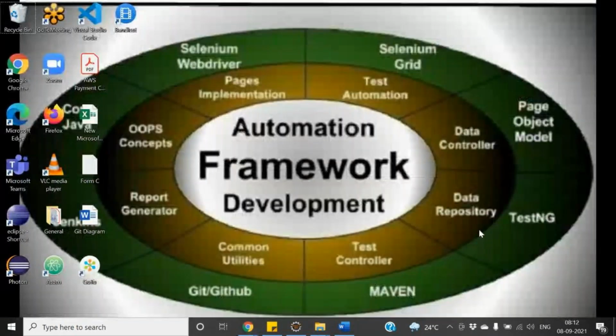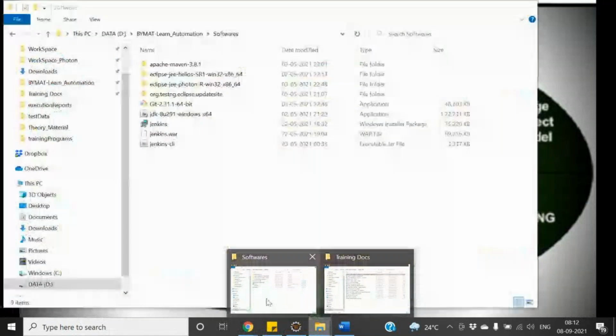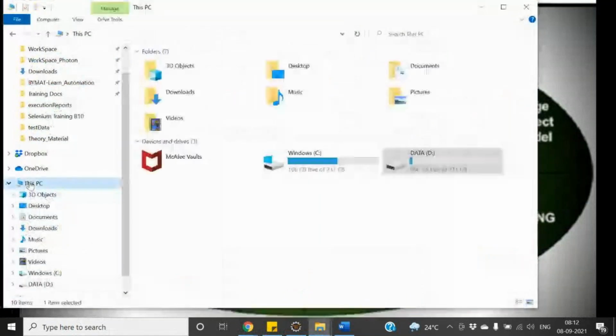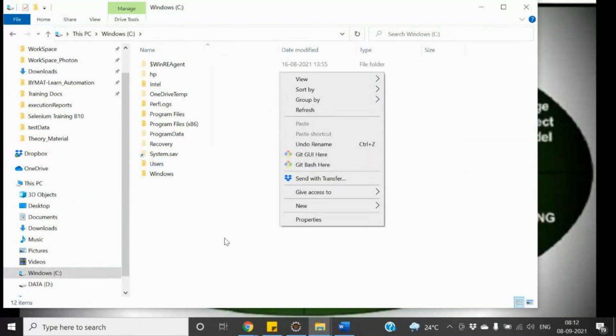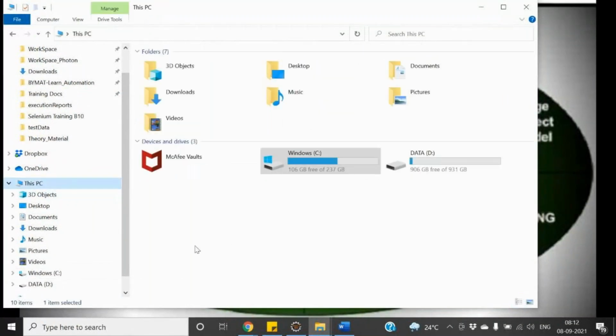Just go to the This PC icon on your computer or desktop. Go to the C drive, or just right-click on This PC and choose Properties.